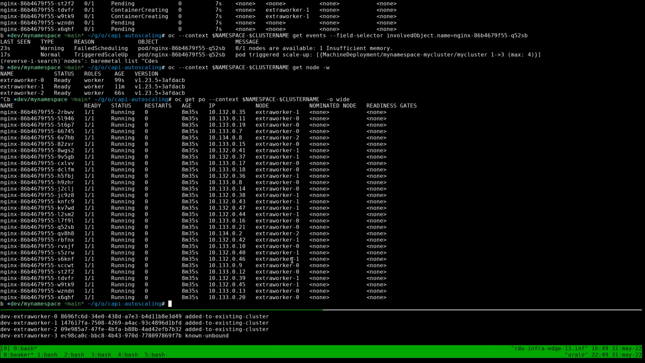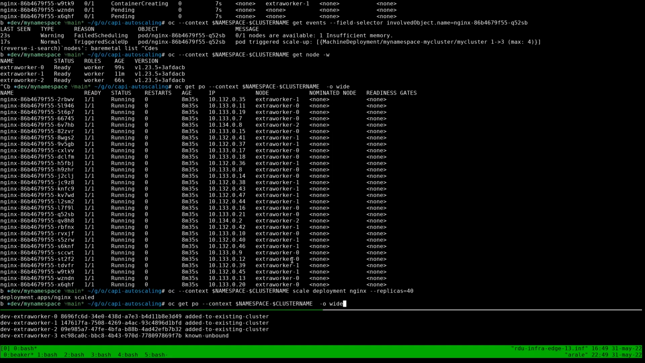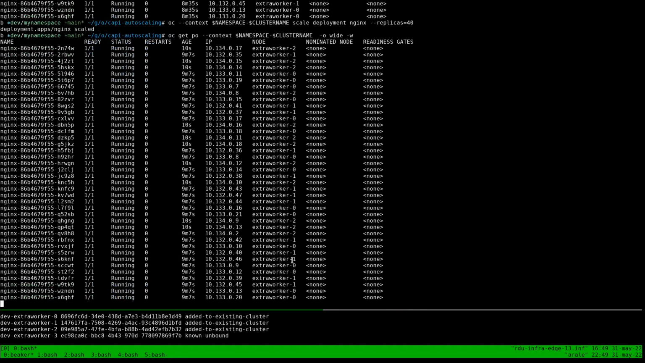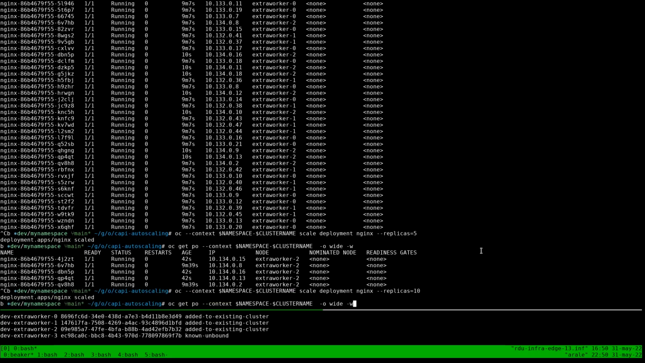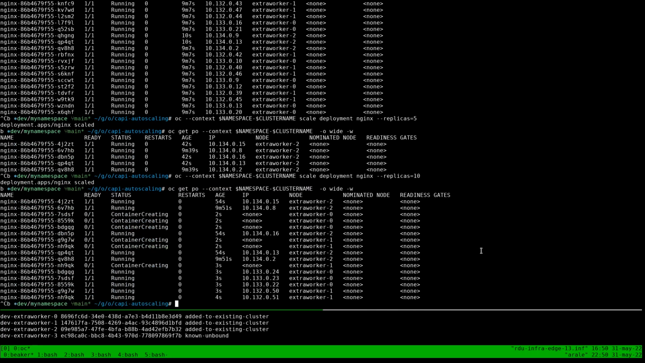Well, let's spawn some more. Okay, now we have more spread in the different nodes. So we have seen how this scales up. Let's see how it scales down. Quite unlucky, they are all in the same node. So let's put it to 10. Now they are more even. So we'll have to wait for